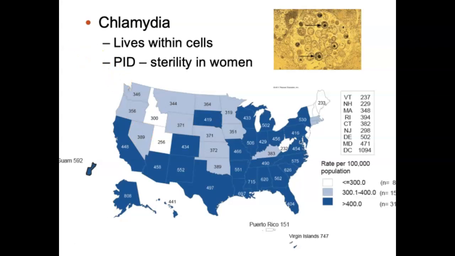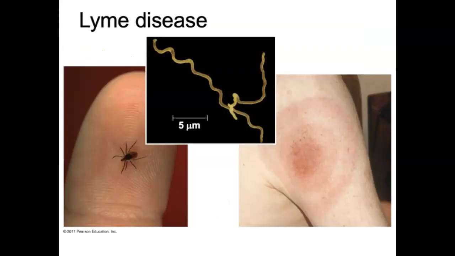So, all right, another one we often don't think about, this little sucker called Lyme disease. Lyme disease is caused by this shape of bacteria. Quick question, what's the scientific name for that shape of bacteria? And no, I'm not going to tell you. If you don't know it, look it up. Deer ticks,